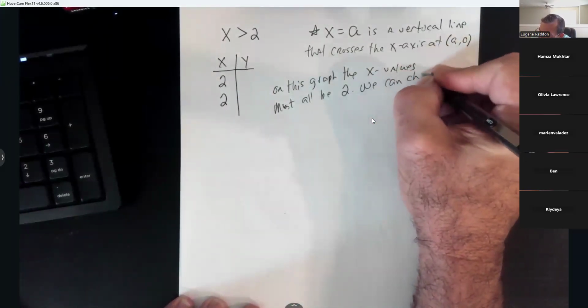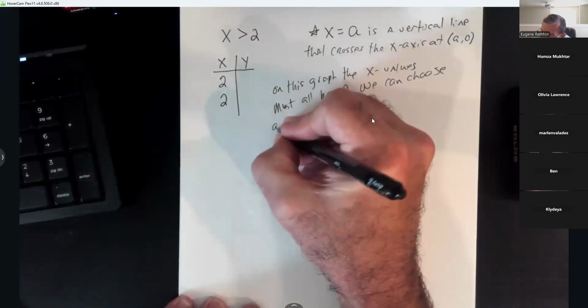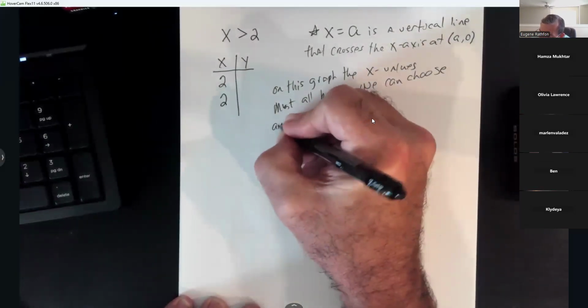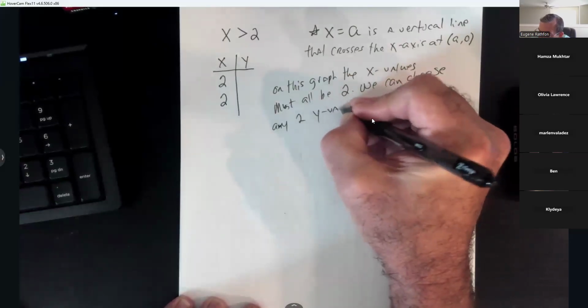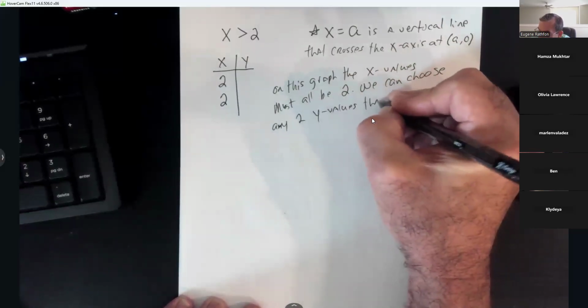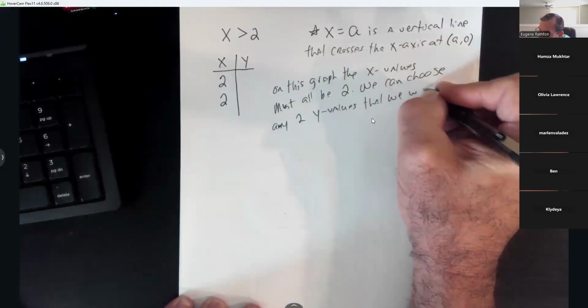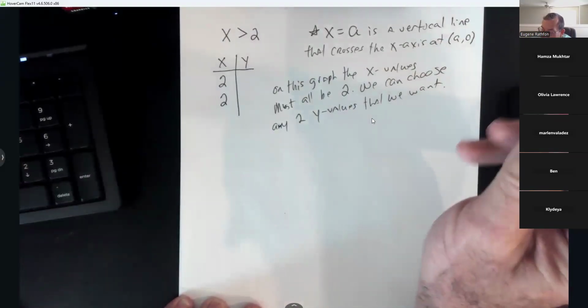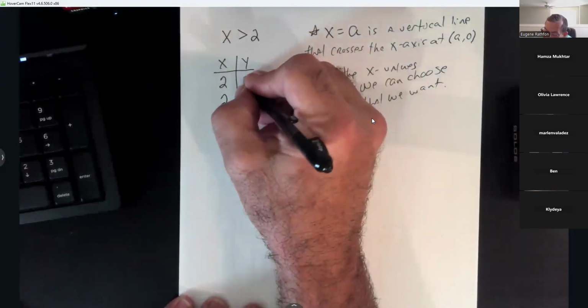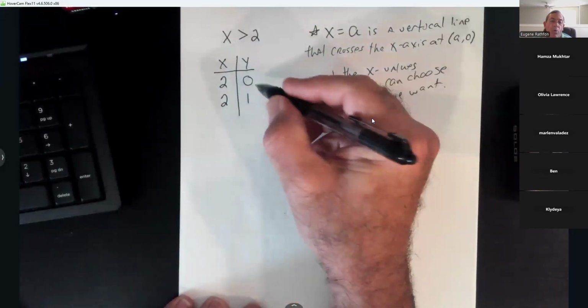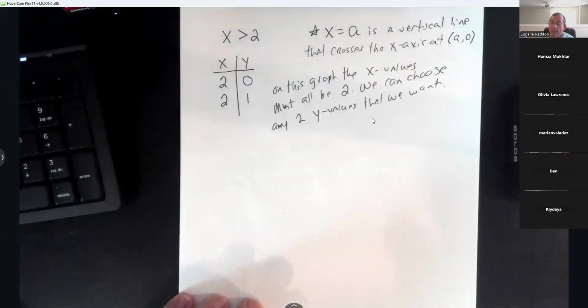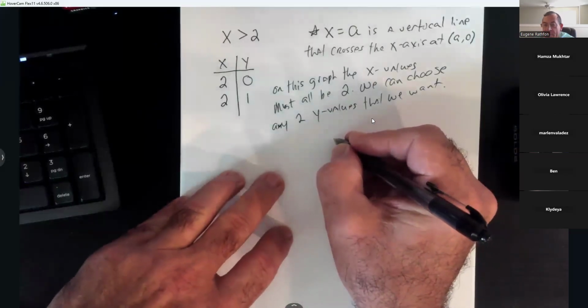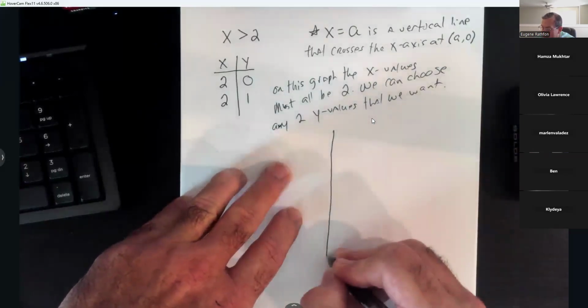We can choose any two y values that we want. So y'all, I'm stuck on zeros and ones because they're easy. So I would just put a 0 and a 1 for those and be done. But when you're graphing this,